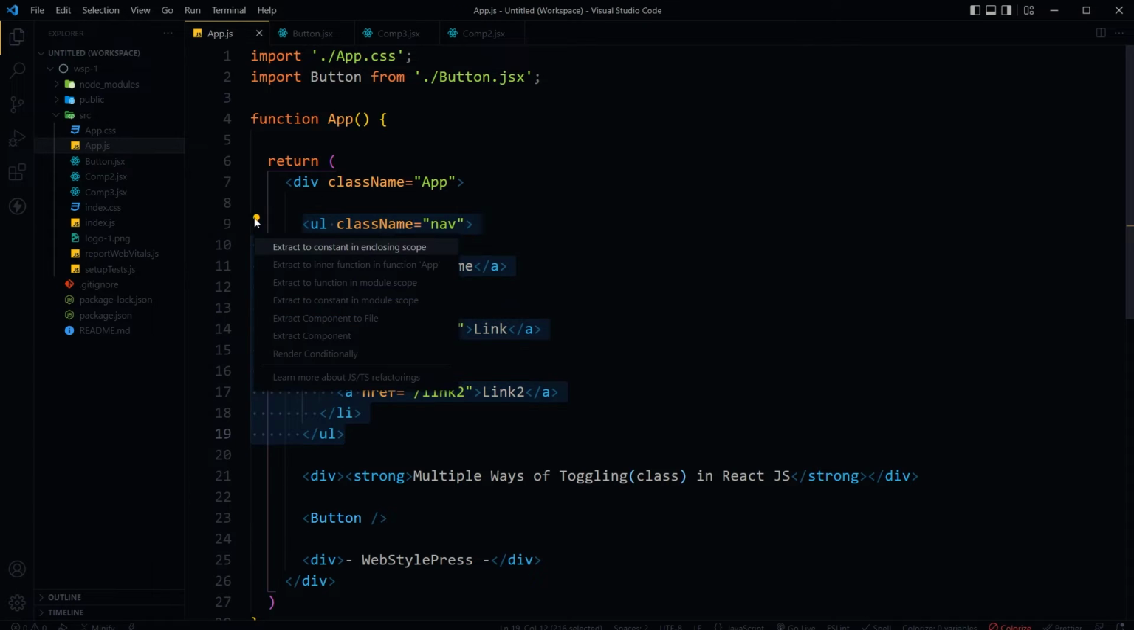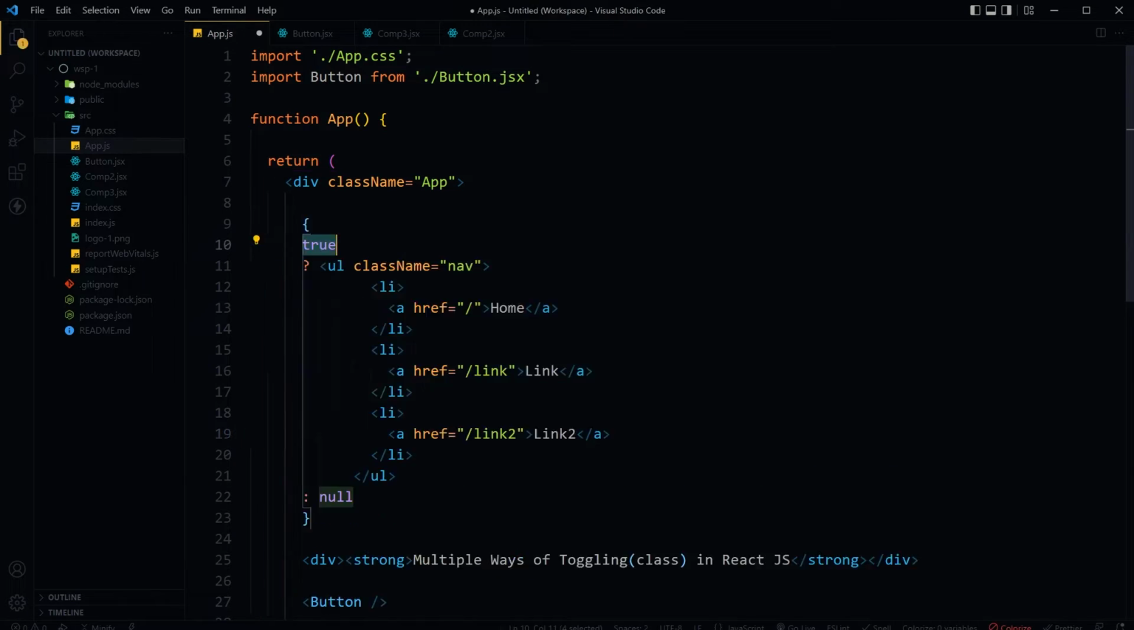Clicking it gives me a few options. I can extract this code to constant in enclosing scope, extract to inner function in function app, extract to function in module scope, extract to constant in module scope, extract component to file, extract component, render conditionally. I can conditionally render it by just clicking this action. I can change this condition accordingly,